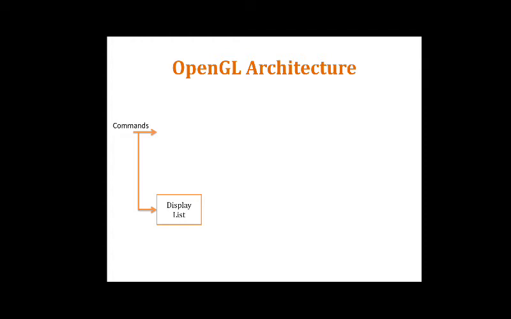So this is the purpose of the display list, and this display list is going to use the pixel operations. So what is a pixel operation? There are different operations which are carried out on a pixel, such as storing the pixel in the frame buffer, mapping that pixel, zooming that pixel, and making transformations on that pixel. Transformation is a separate unit we are going to see. Transformation is nothing but scaling, rotating, and enlarging. So these are the transformations which we can apply on that pixel.